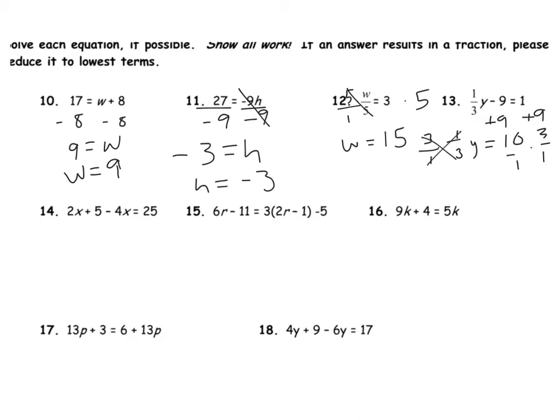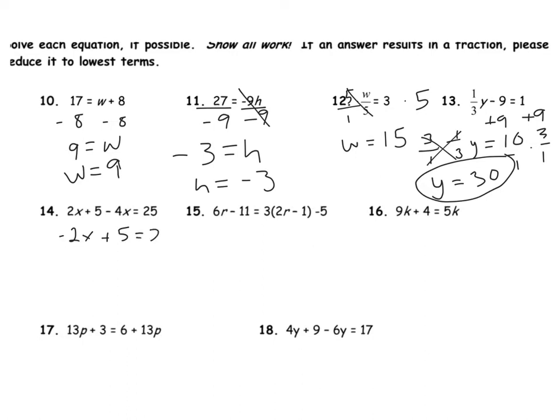This all cancels, leaving you with y equals 10 times 3 is 30/1, or just 30. Number 14, this is where we start. You can identify, if you look at this problem, that you have a variable here and a variable here. They're on the same side, so we can just combine them. So 2x minus 4x would be a negative 2x. We still have our plus 5